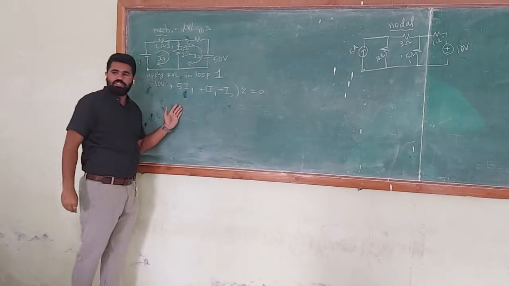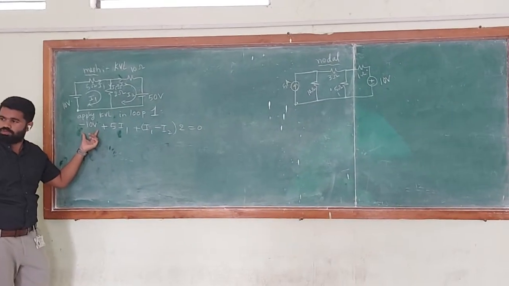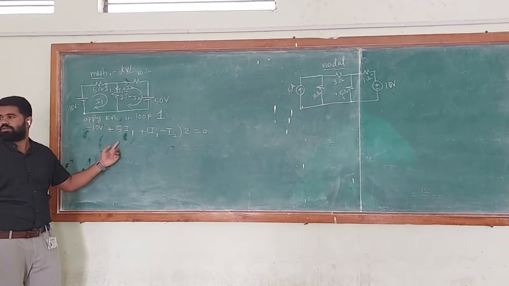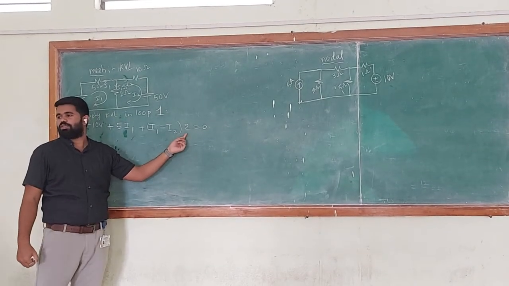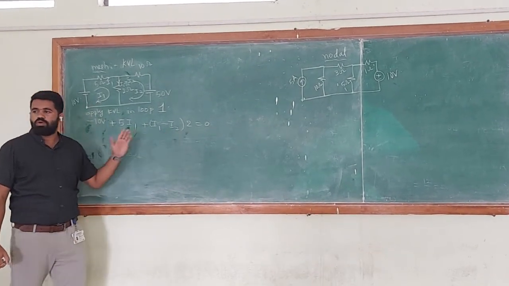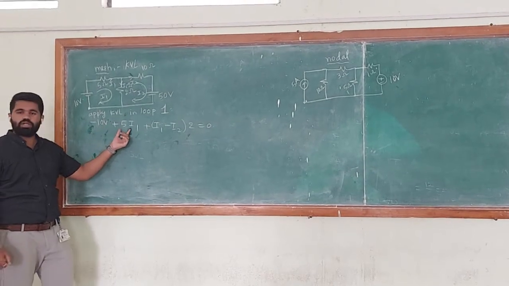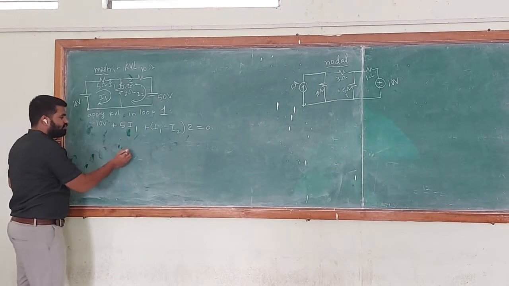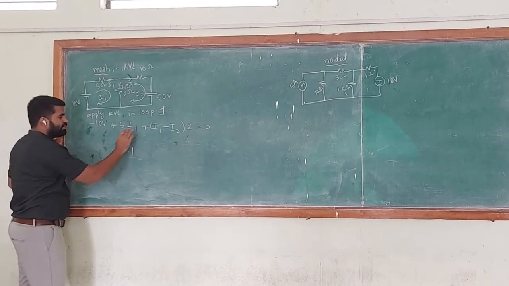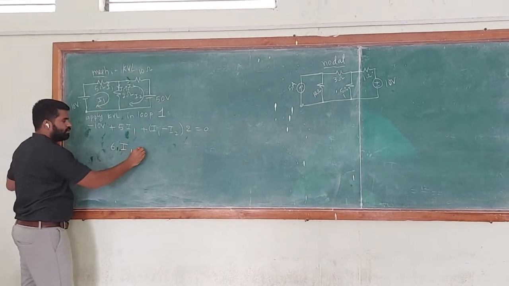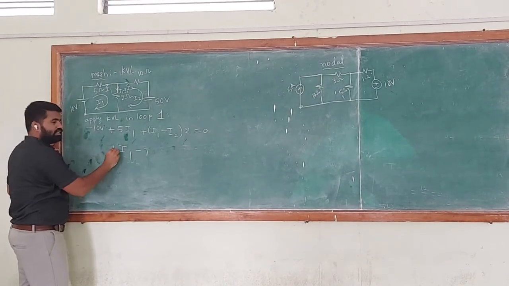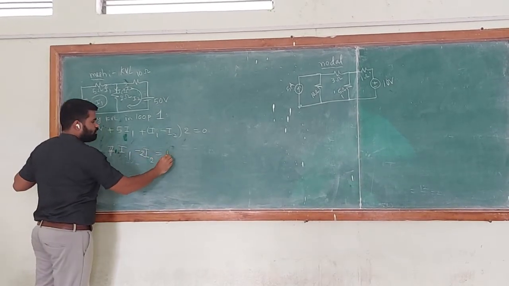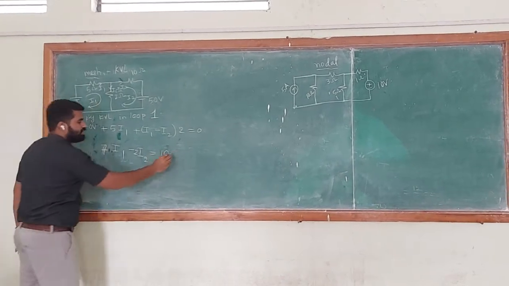The main point here, observe this, it is also voltage form. 10 volts is the voltage. Here also is voltage form. V is equal to I into R, so here also current into resistance. We should remember, we have to write in KVL form: voltage, plus voltage, plus voltage. Can I simplify this equation in the coefficient form? How many I1s are there? 5 plus 2, total is 7. How many I2s are there? Minus 2. And what is this value? It is equation 1.